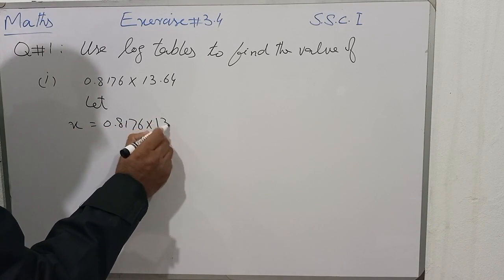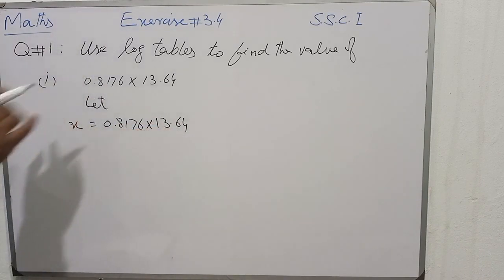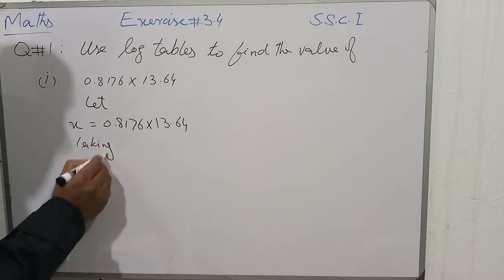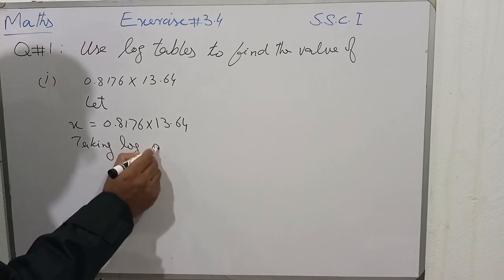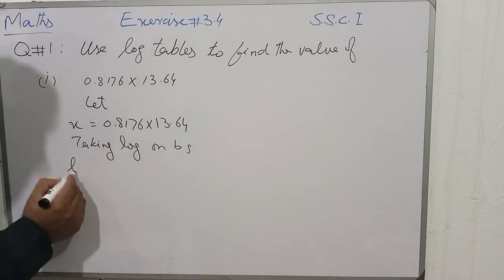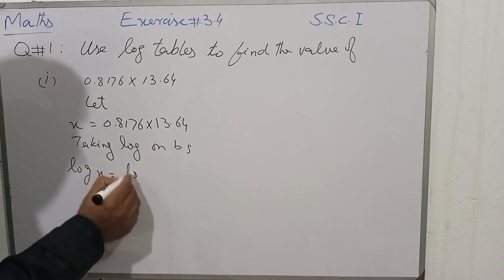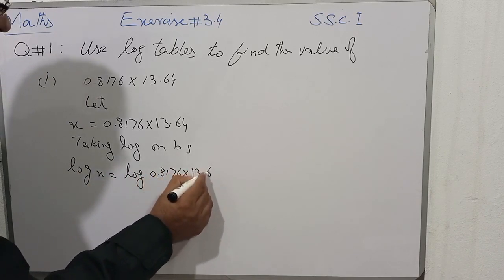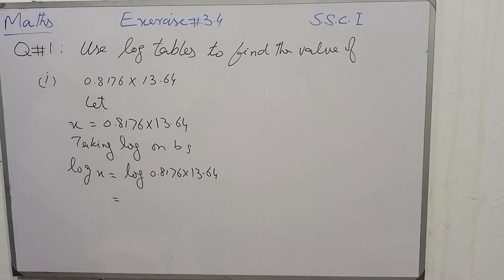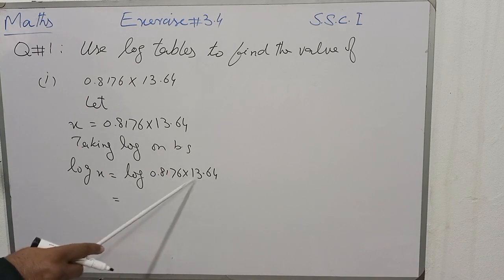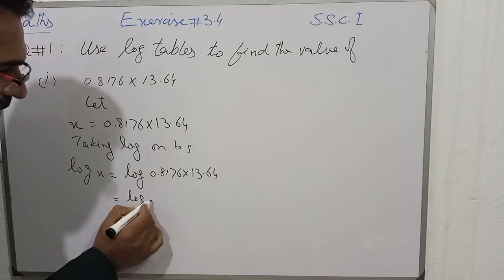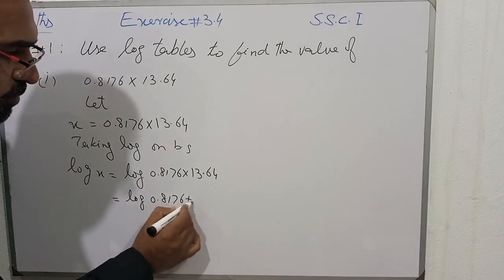0.8176 multiplied by 13.64. Second step of this question, we have to take log on both sides, so I will write: taking log on both sides. So it is written as log x is equal to log 0.8176 multiplied by 13.64. Students, in the previous exercise you have read that if two numbers are multiplying within a single log, we have to sum up both the numbers by taking separate logs, so it will be converted as log 0.8176 plus log